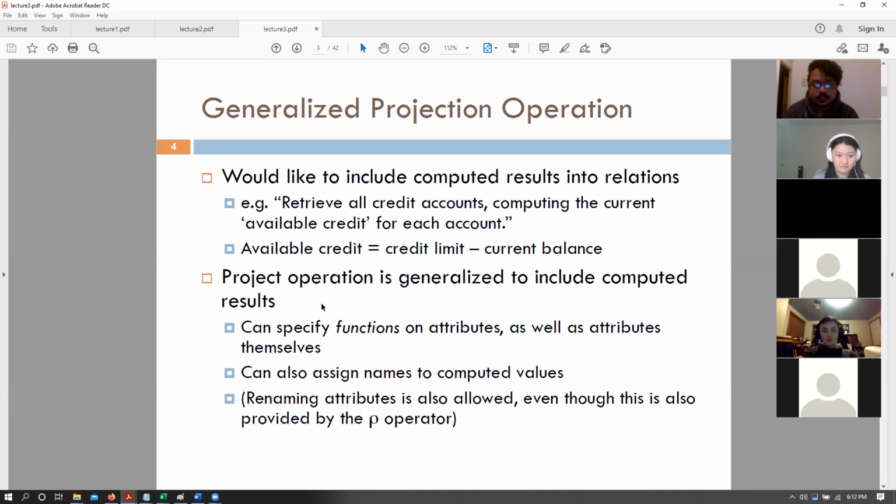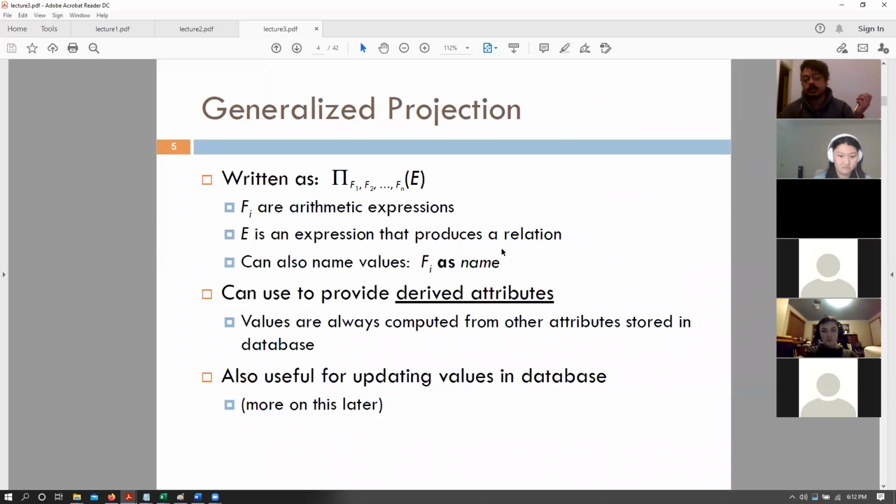So let's say, I don't think we have talked about this table yet, but let's say that we want to retrieve all credit accounts with their account numbers and the available credit for each account. Let's say that our input schema has these 2 attributes, credit limit and current balance, right? And if we want to compute the available credit for a particular account, we just need to perform credit limit minus current balance, right? That would give you the actual arithmetic result for available credit. So this can be done using a project operation, where now instead of just allowing individual columns from your relation, we can also have some functions over those relations as well. So we can say f of j are arithmetic operations performed on certain